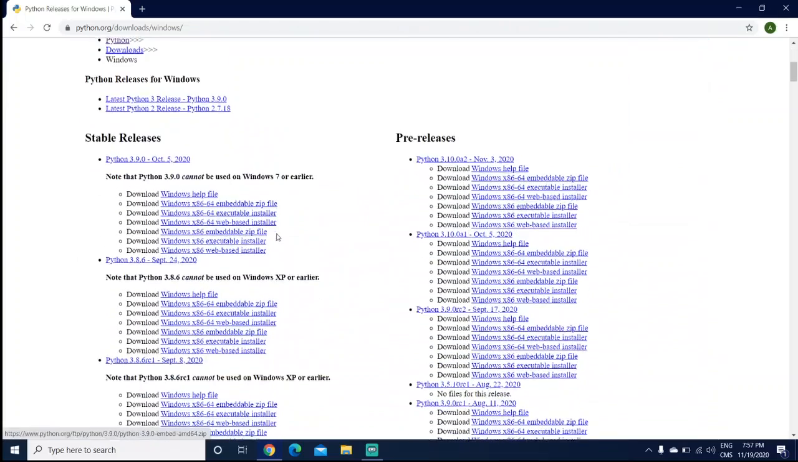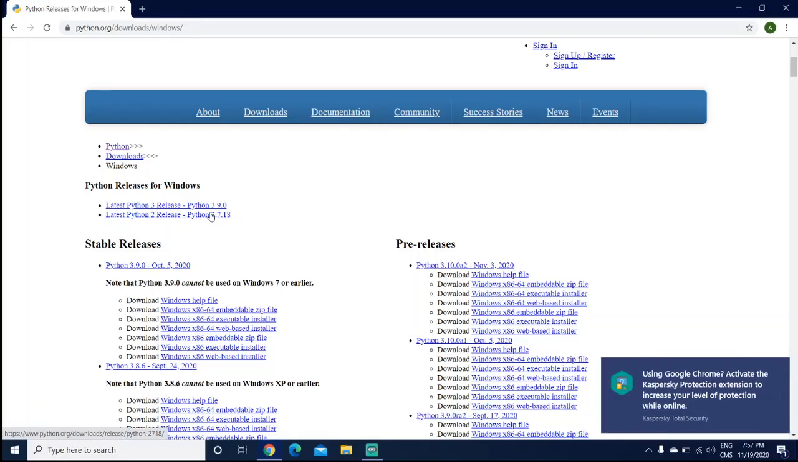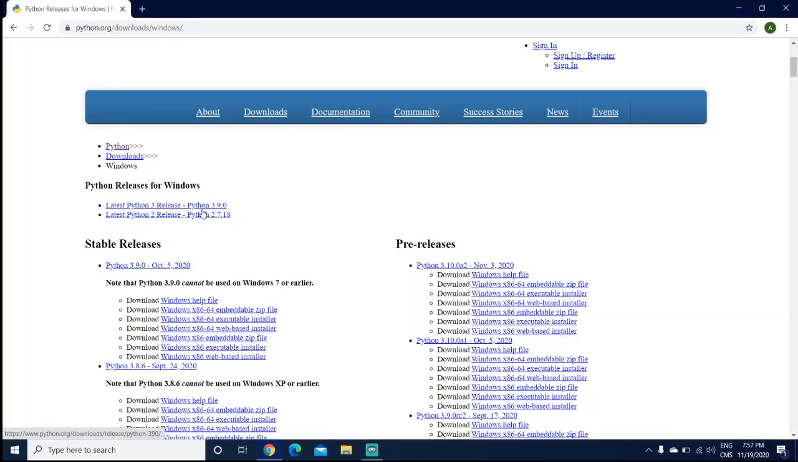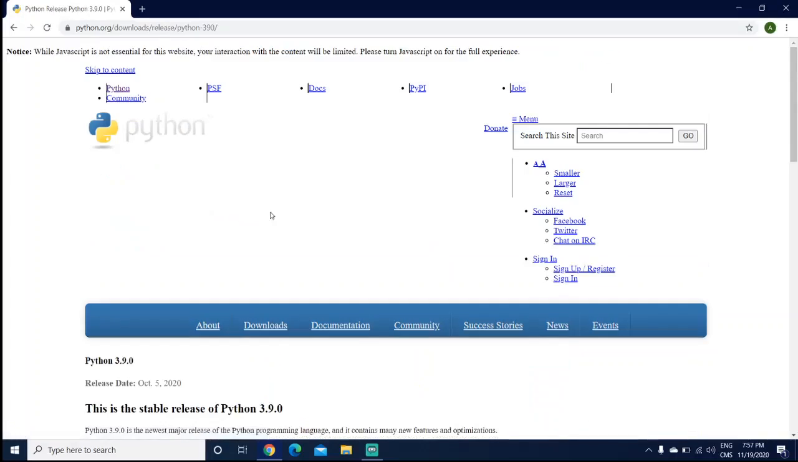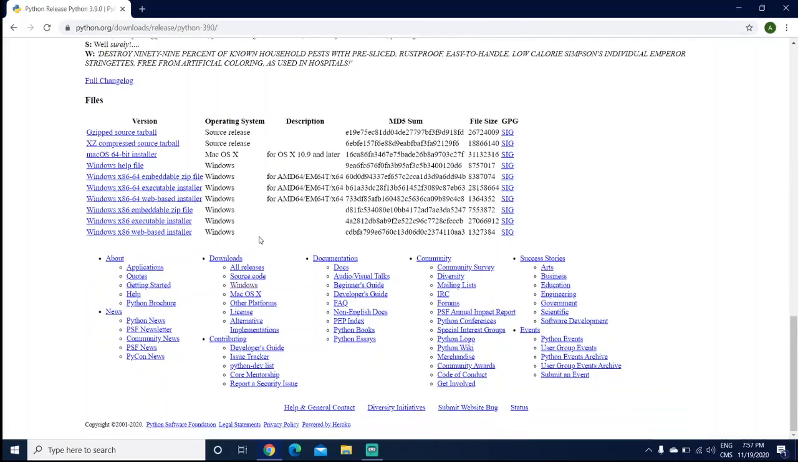So when you scroll down, you'll see something called latest Python 3 release, Python 3.9.0. So click on that one. So now scroll all the way down here. So now click on this one,